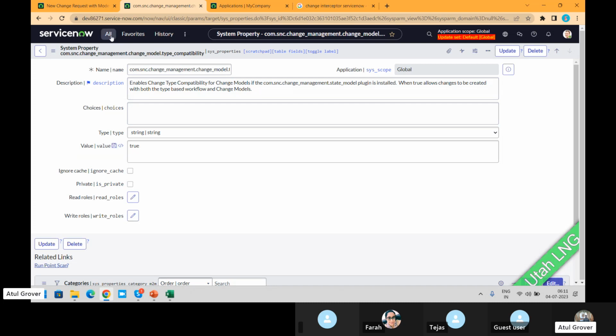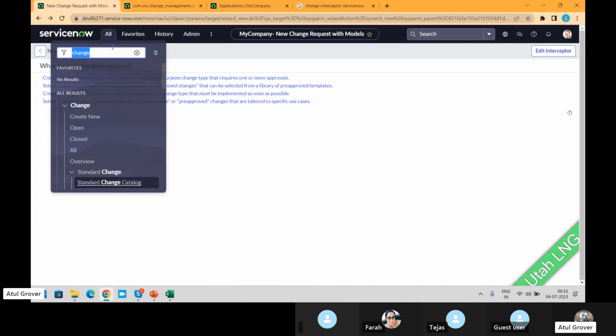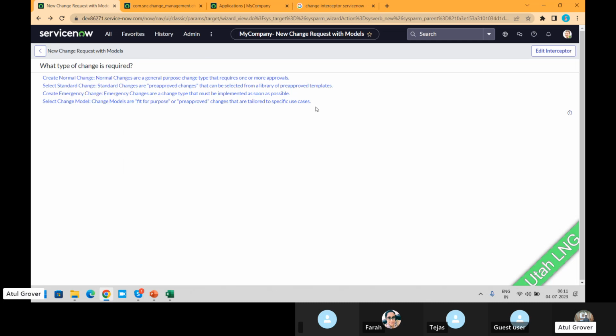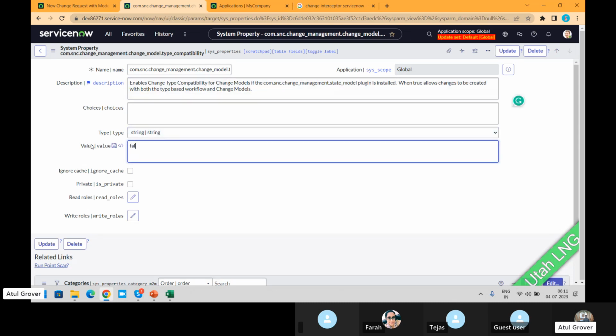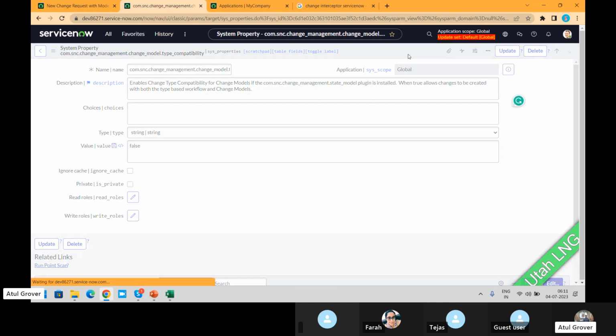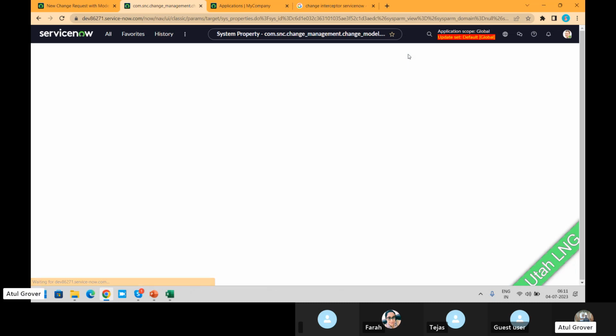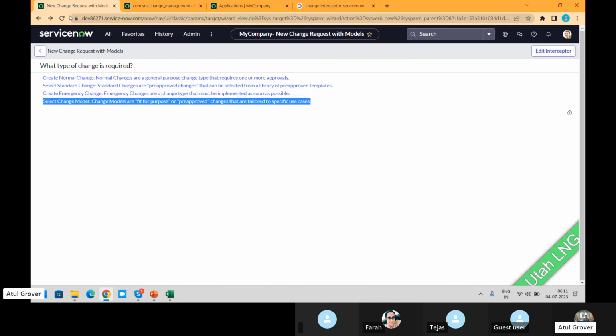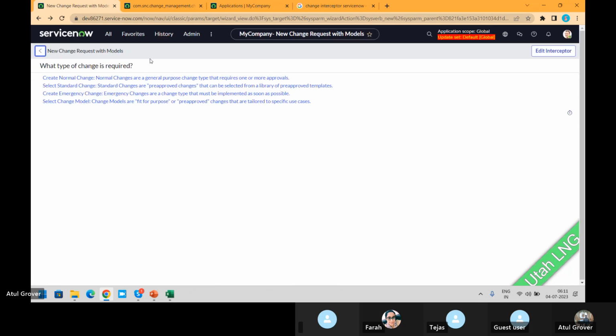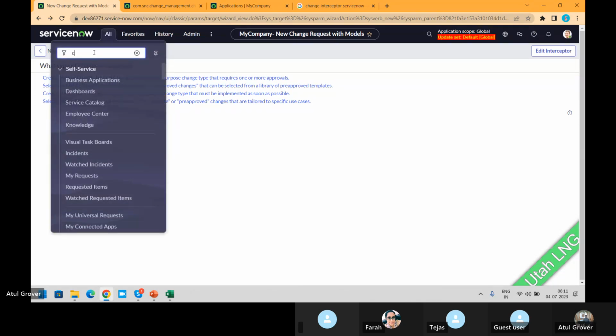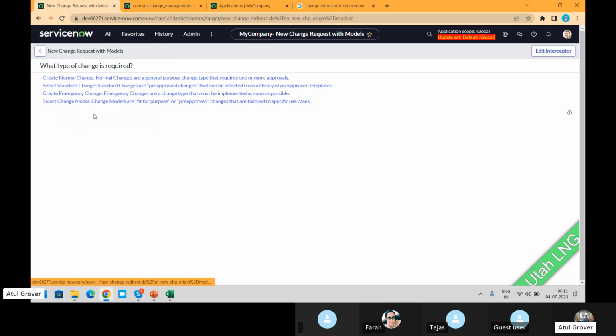Let me check again in the property, because now my intention is to remove this as well. Let's do one thing. Let's come here and make it false. Okay. And one more thing, properties are global level changes, not user level changes. So now if I go and come here, wait, I need to do this one. Change. Little complicated, but